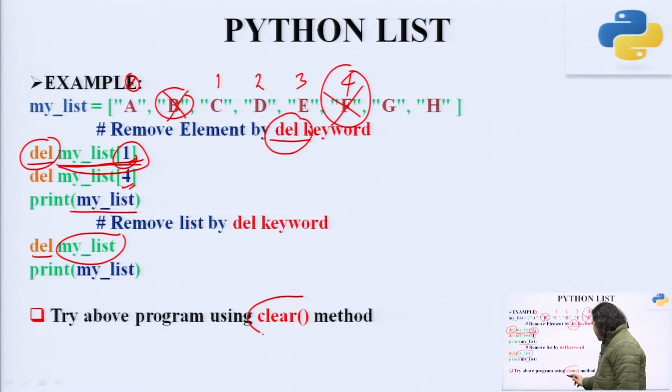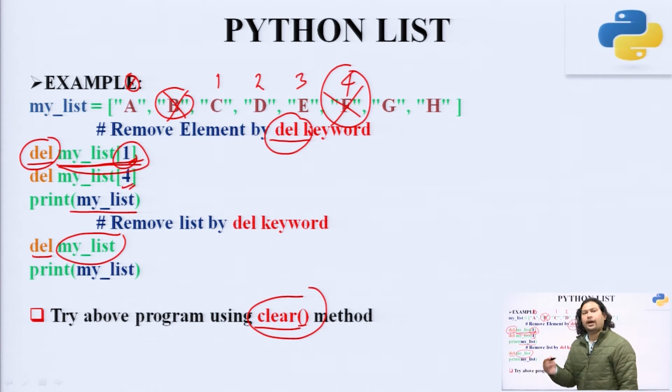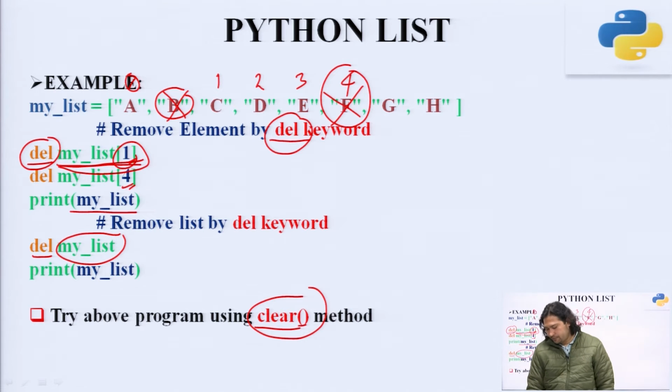Now, you need to try a homework, that is, can you use the clear method? For this method you cannot directly apply it here, because here you are going to see that the variable is not existing. So, how are you going to specify this clear method? Again you need to define a list, and on that you need to apply this method, that is clear. The answer for this clear method is an empty list.